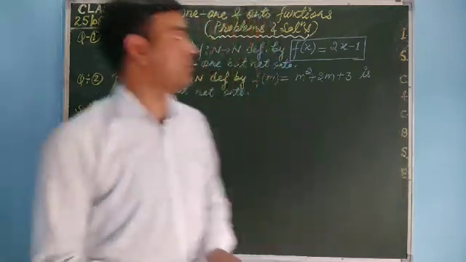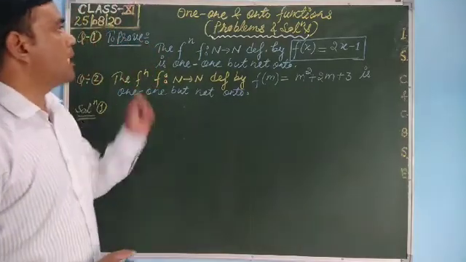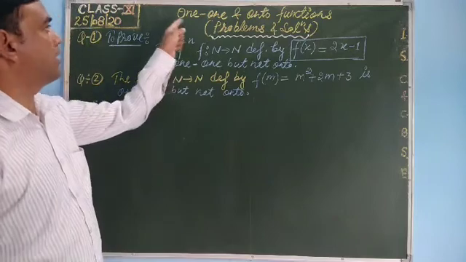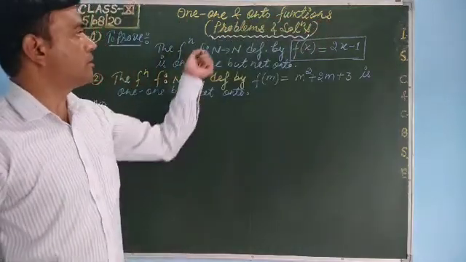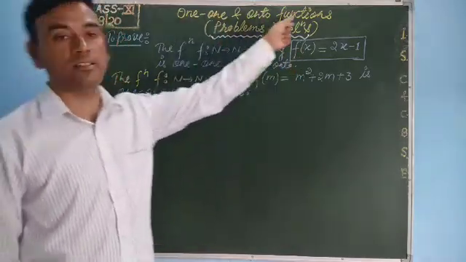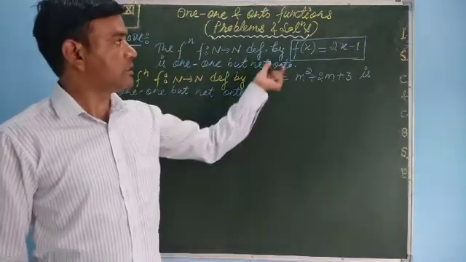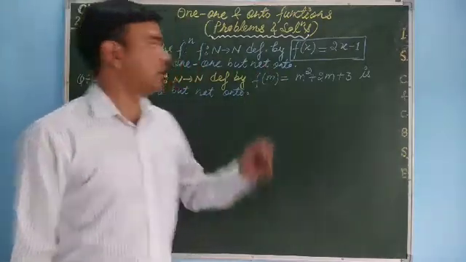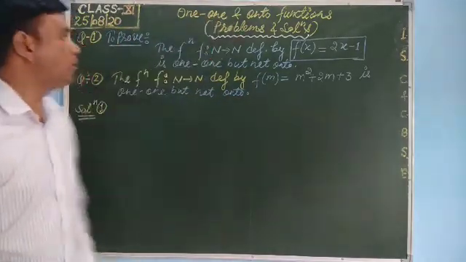In last session we have discussed the types of function, and among those types, two functions were one-one and onto functions. So today we will discuss some problems based on these two functions. Basically these two functions combinedly are called bijective functions. So these type of questions will be asked in your exam. So let me do some problems based on these two functions, one-one function and onto function.